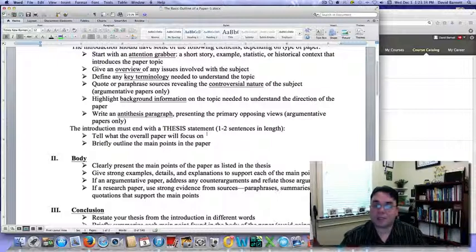The easiest way to do this is to come up with 3 points from all your articles, 3 things that stand out from all your research. For example, sexual harassment happens in the workplace. More often than not, it happens to women, and statistically, the laws don't protect people like they should. So those are your 3 aspects that you want to talk about in your thesis. You have to put yourself in the paper. So I feel that sexual harassment in the workplace, and so on.